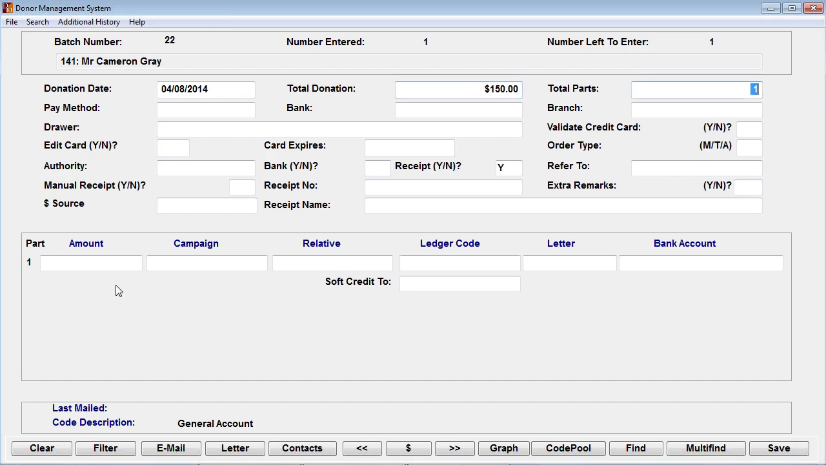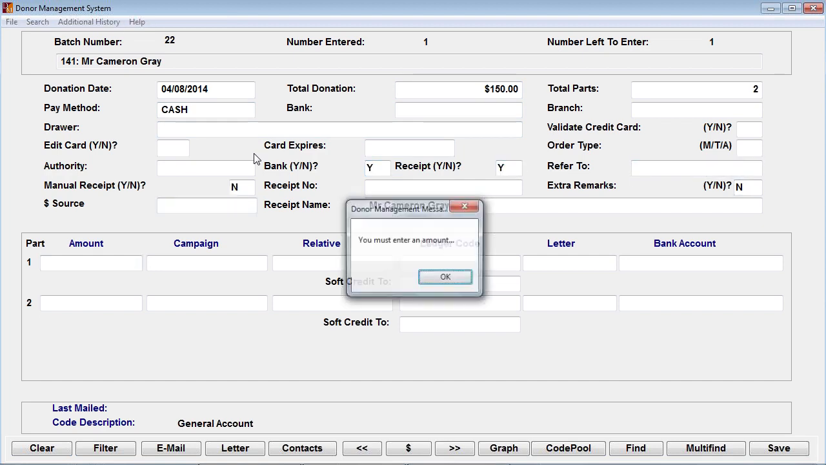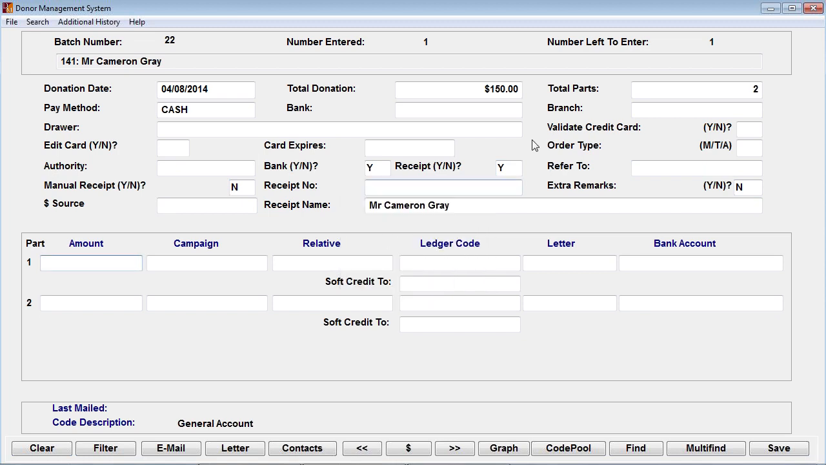So again, I've got another $150. I can say 2 parts. Then this one I can say cash, and you can see it's now skipped what the previous one went through because it's saying not necessary for cash. So again, yes, I need to bank it, I need to receipt it, and if I go through, the system will now say, hang on, you said 2 parts, but you haven't said how much the first part is. So if I said $100, and that's also going to the general one, okay, and then I said the next part